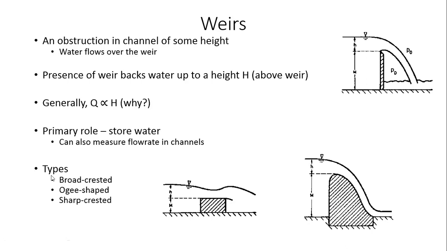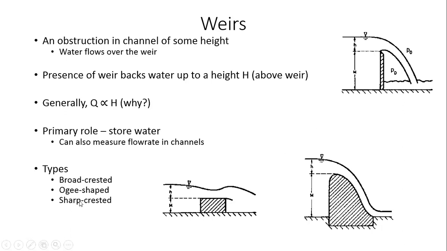The other type of weir is what is called a sharp crested weir. That's what you see over here. This figure that I had shown, the earlier figure, is a sharp crested weir. So you can clearly see why it's called a sharp crested weir. The top of the weir, which is the crest, is a sharp surface. Crest means the top. So there's a very sharp interface between the fluid and the weir material. That's why it's called a sharp crested weir.